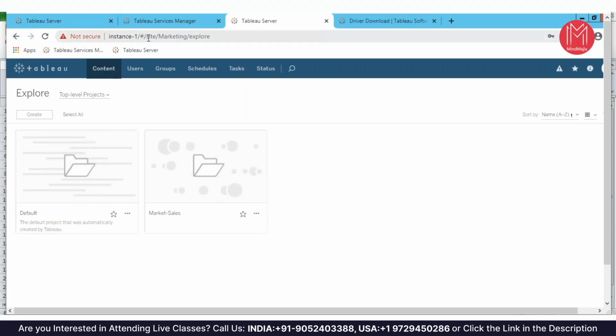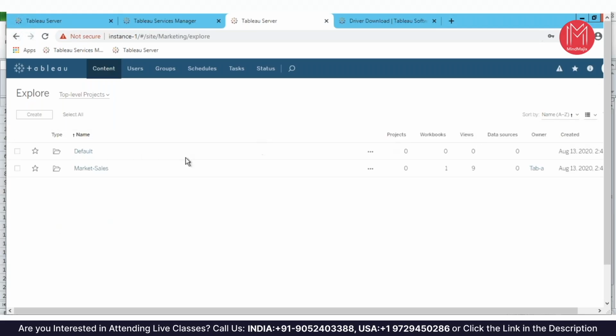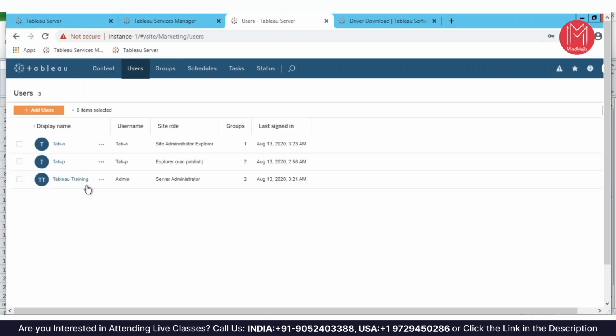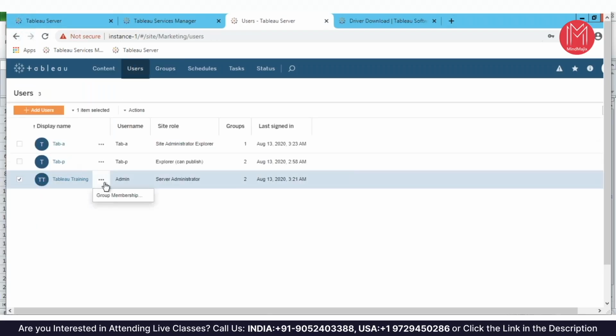You can see directly the URL here, site and marketing, and whatever the content in the entire project, I should be able to see that. If I go to grid mode, I'm the market sales, and you can see I've already changed the user last time. I am the administrator now. If I go to marketing sales, or I can simply go to the users, let's see if I can,